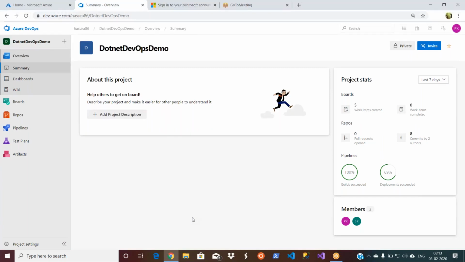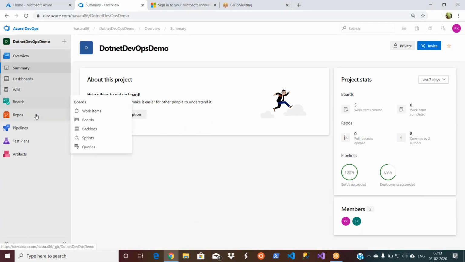Now for the API project, I can keep it as part of our existing solution or I can keep it separate as well. Let us say your vendor is working on it on his own, using his own Azure repos or his own GitHub, so it is a separate entity. For that purpose, I created another solution, but I kept it as another repository in my current DevOps project. So what is my current DevOps project? .NET DevOps demo. Okay, you can see.